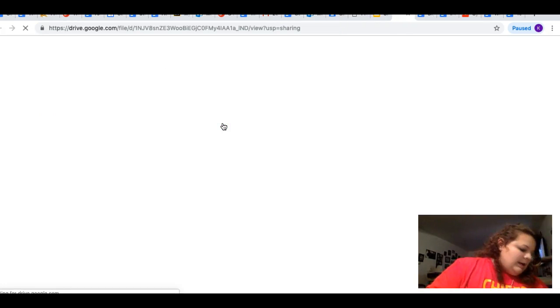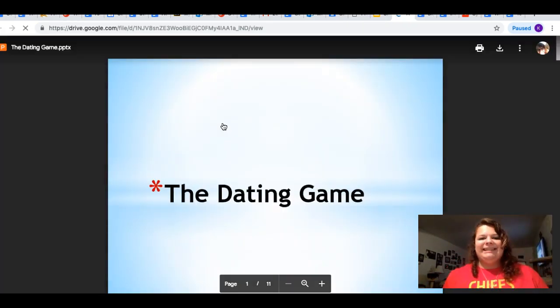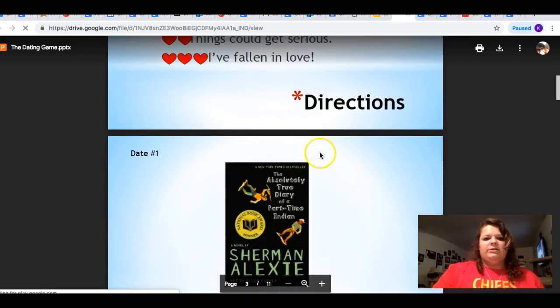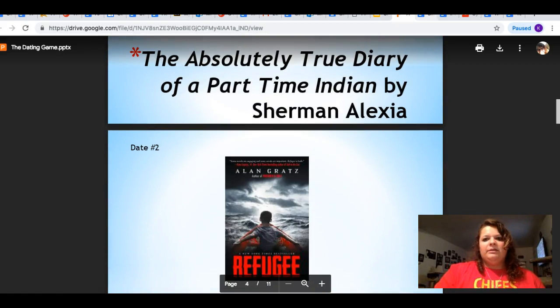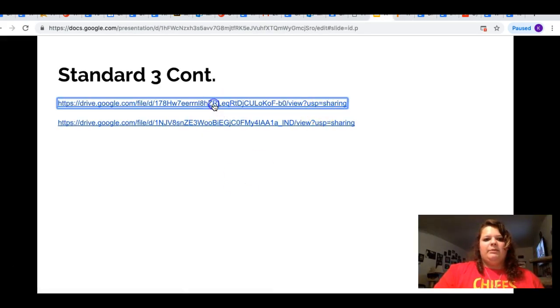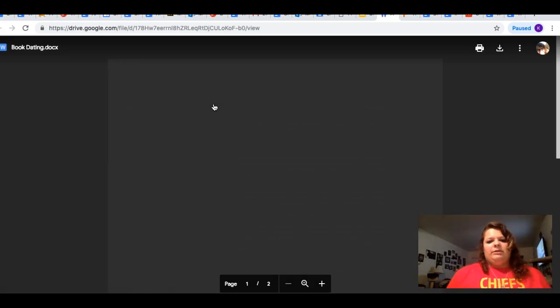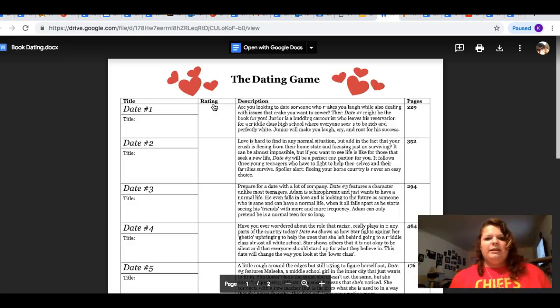And this is how each book looks. What students will do: there's 8 books, and each has a synopsis. They would decide if they would want to read the books or not. And each actually has kind of a little description.